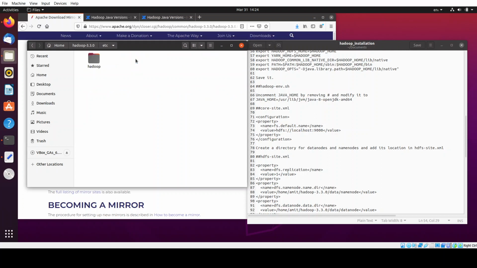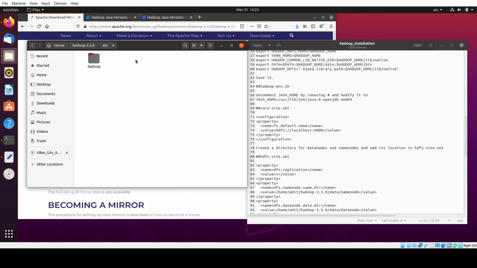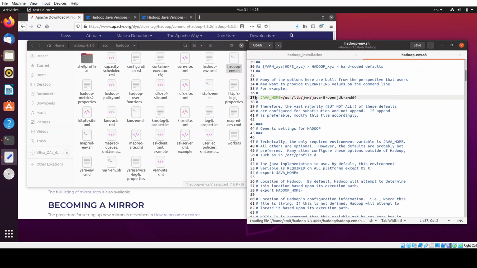We'll go to the etc folder, in Hadoop, and you'll first find this file hadoop-env.sh. Open it. On line number 37, you'll find this line commented like this. Just remove the hash sign and it will be uncommented.